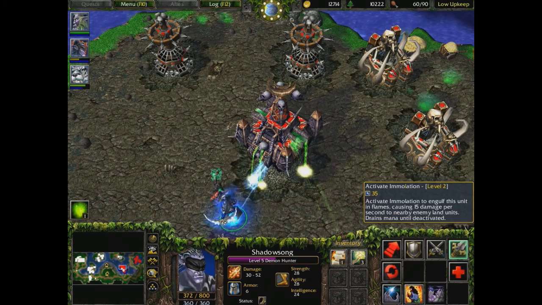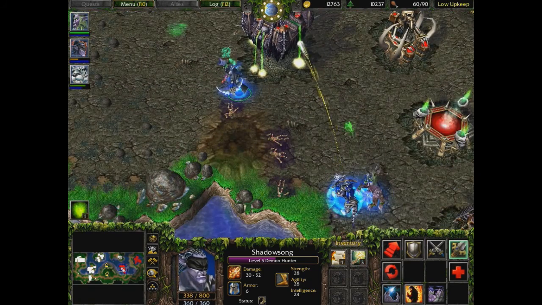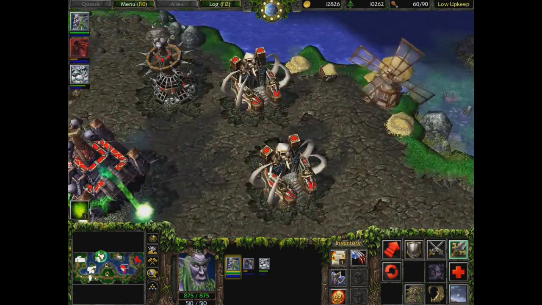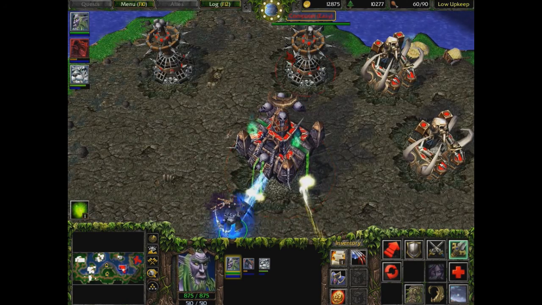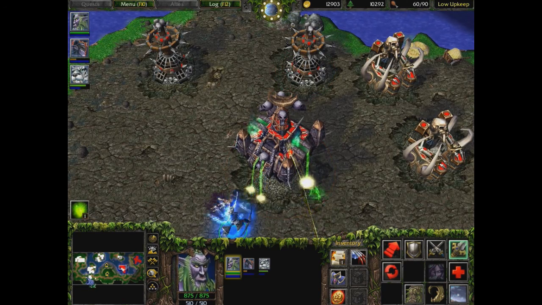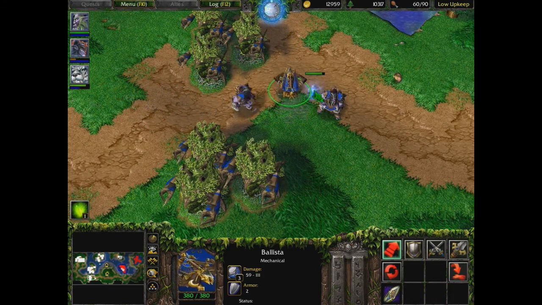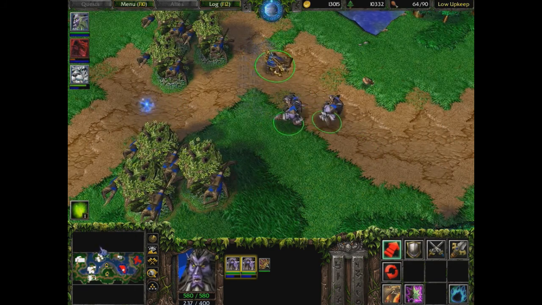Let's try to take this down. Our Demon Hunter is taking quite a serious amount of damage. Oh no, they are not. They can still heal their stuff or repair it. Well, not that it matters. I'm gonna take him down anyway. Now then, are these druids getting ready? Yes, they are. I'm gonna retreat this wisp a bit